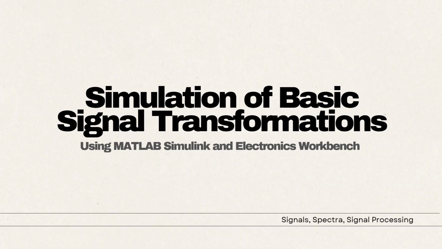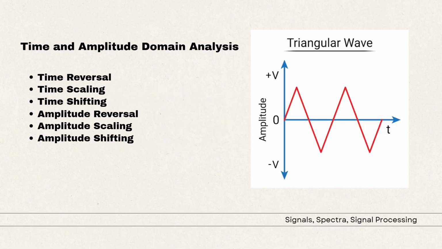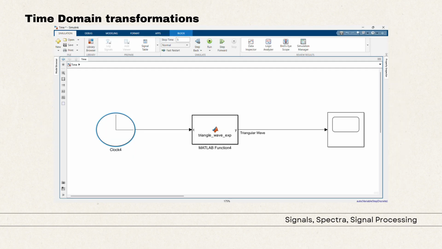Now we move on to the simulation of signal transformations using MATLAB Simulink. In this demonstration, we showcase 6 fundamental transformations: time reversal, time scaling, time shifting, amplitude reversal, amplitude scaling, and amplitude shifting. Each simulation visually illustrates how these operations affect the original signal, helping us better understand their impact in signal processing. To simulate the 3 time domain transformations, time reversal, time scaling, and time shifting, we first generate the original